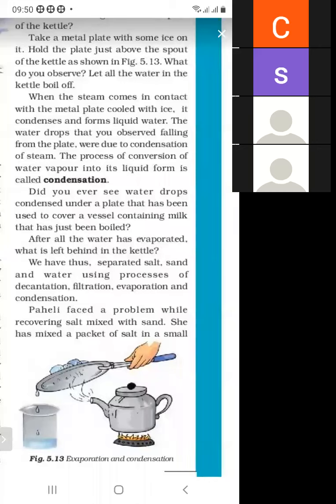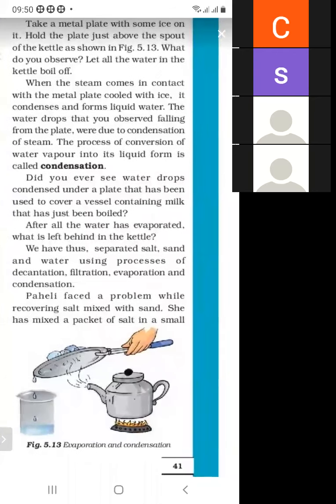We are putting the liquid in the kettle and heating it. When the steam comes in contact with the metal plate cooled with the ice, it condenses